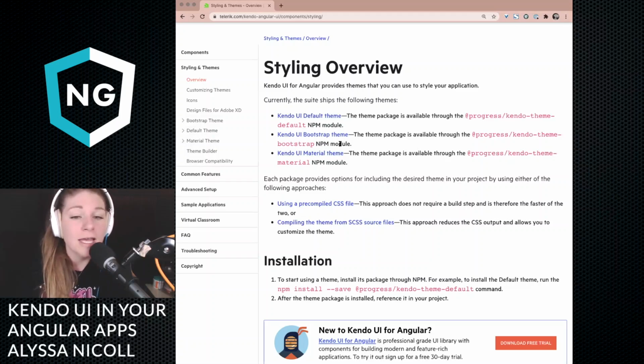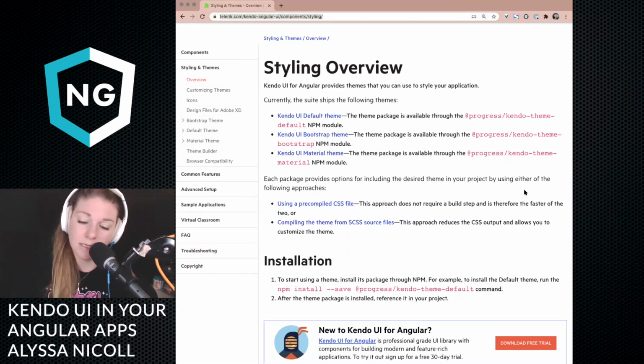But anyway, this is where, under styling and themes in our docs, you can find out more about the themes, about customizing them, installing them, things like that.